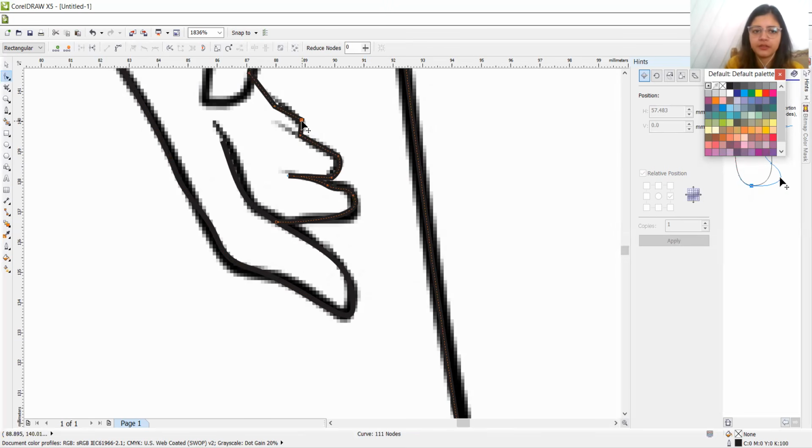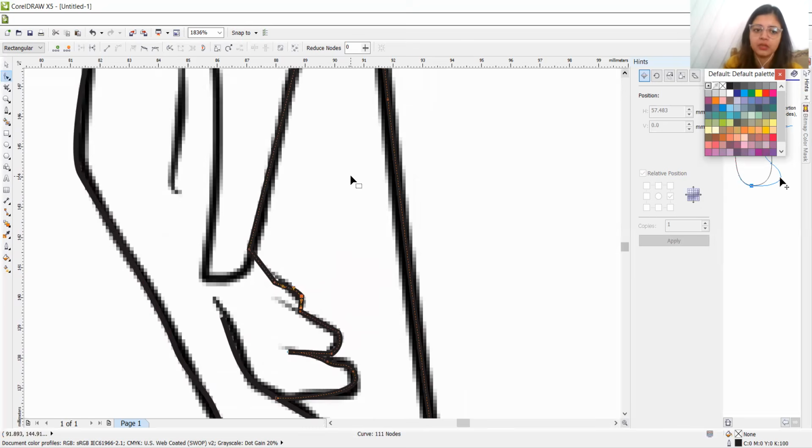Again, this is not curvy, so Convert to Curve and the arrow will appear. So if by mistake you haven't made your line curvy during the tracing part, you can adjust it in the shaping stage.